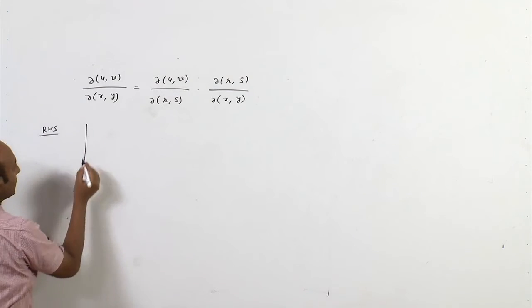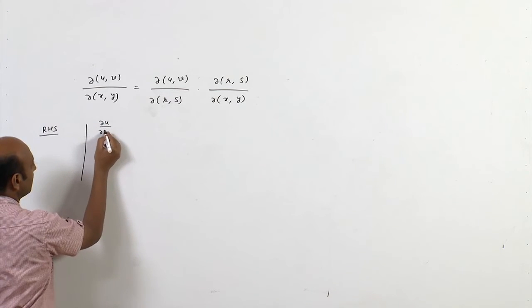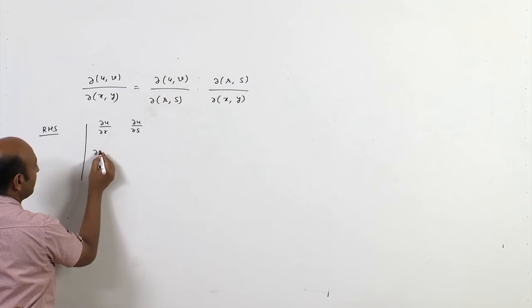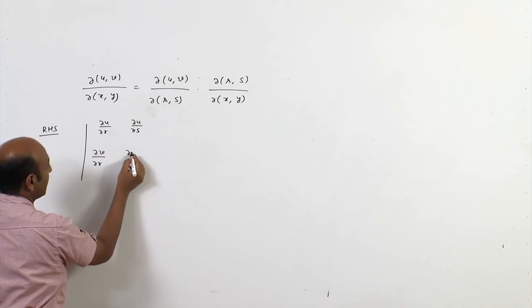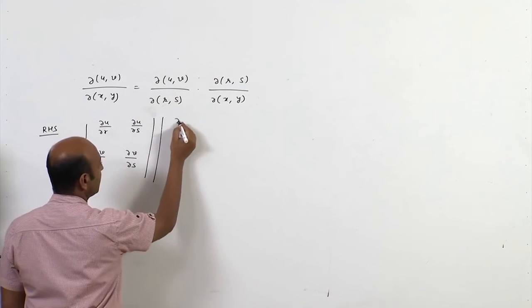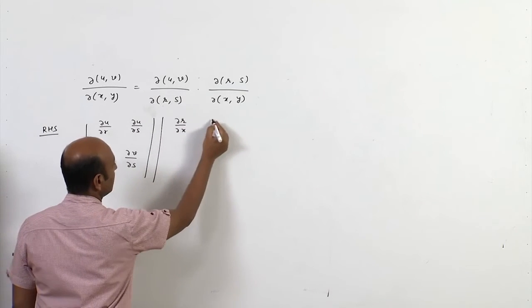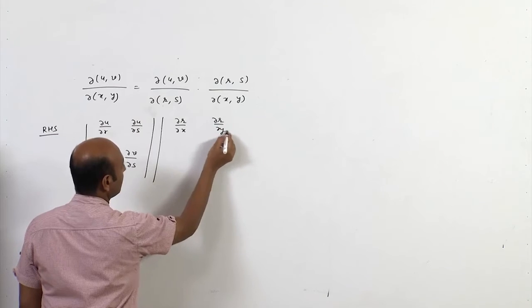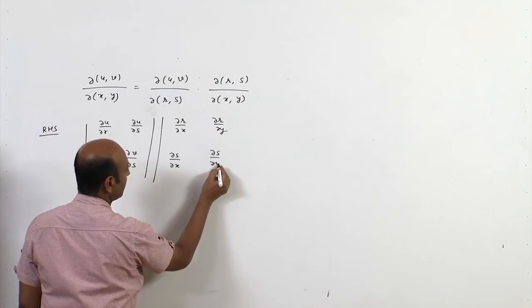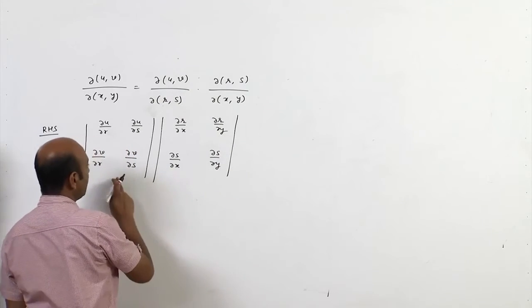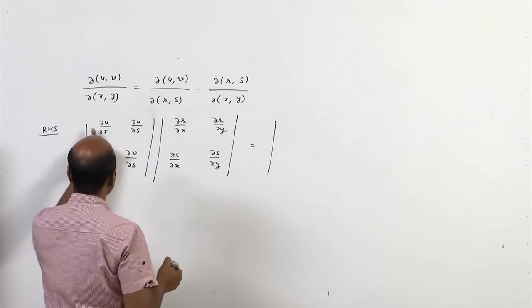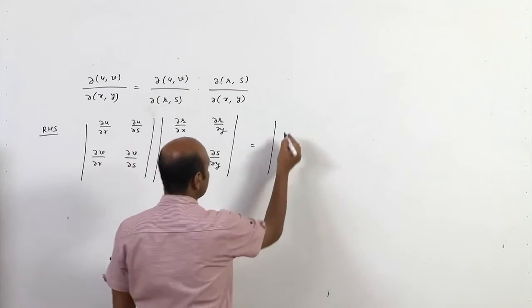Right hand side is what? It is the determinant of del u by del r, del u by del s, del v by del r and del v by del s, times the determinant of del r by del x, del r by del y, del s by del x and del s by del y. Again the product of these determinants is equal to the determinant whose first entry is this row, this column, which is del u by del r